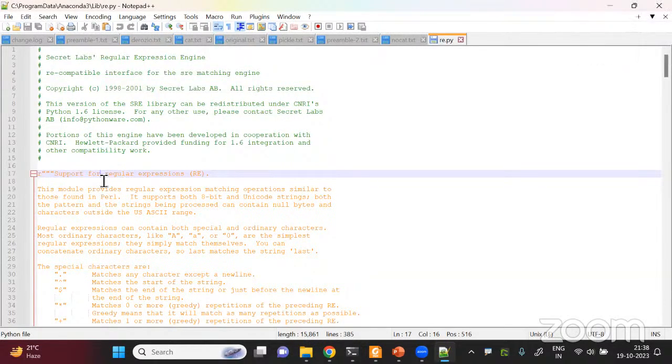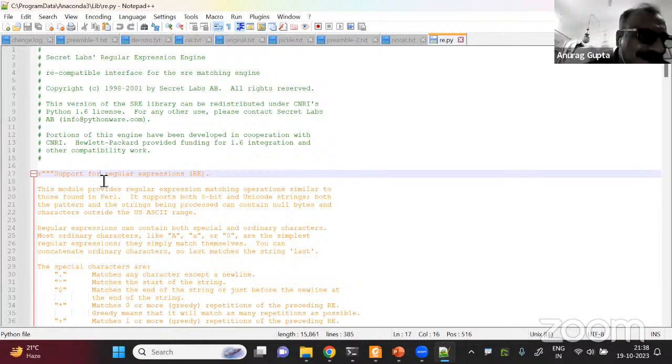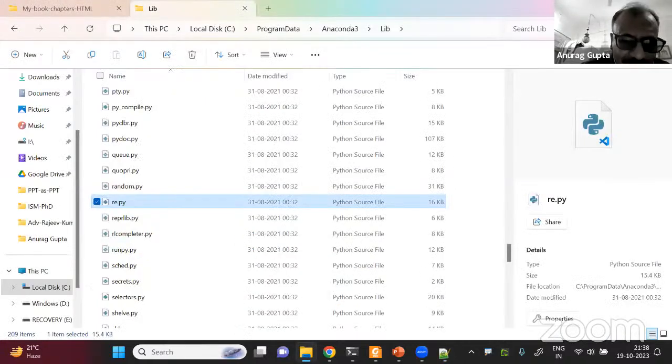So you told us while explaining the previous classes that these stand for docstring when you were teaching us some methods. Correct. So this is the docstring of your RE module. Let me show it to you. If I do this,